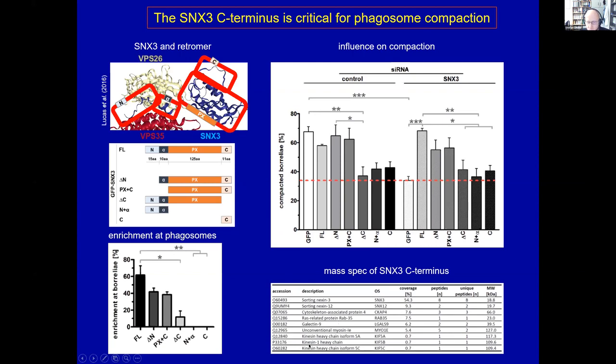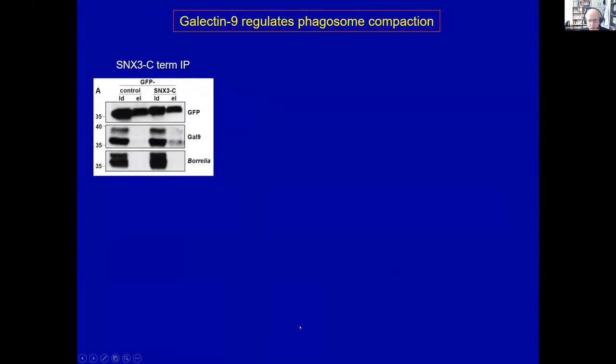And this is a list of what came out of the mass spectrometry analysis. And what caught our attention is this protein called Galectin-9. And you can see here in these co-immunoprecipitation events that this is actually the elution. So in the elution, you get the SNCS3 that has been coupled to the GFP, actually just the C-terminus of the SNCS3. And here you see the Galectin-9, and a small portion of the intracellular part of the Galectin-9 binds